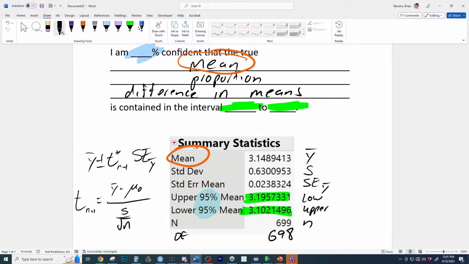Ooh, Brian reversed his notation. And Arista still wasn't tricked by that. Arista got it right. So here's the upper, and there's the lower of the interval. And it's best to go from low to upper. So, between like 10 to 20, 30 to 40, you don't usually say 40 to 30.